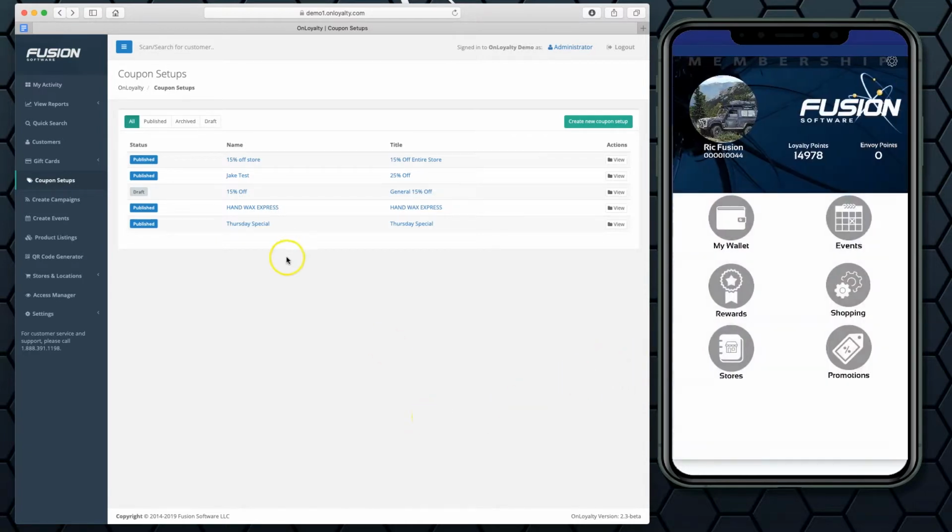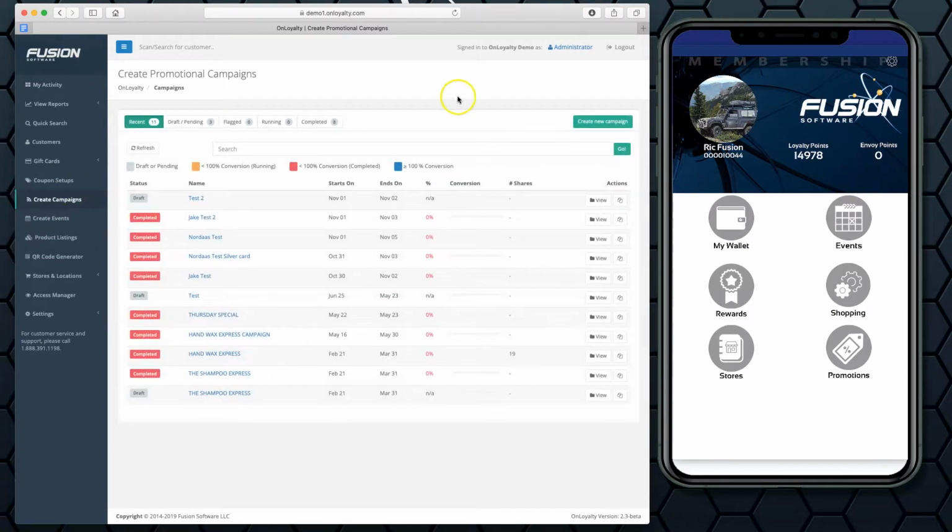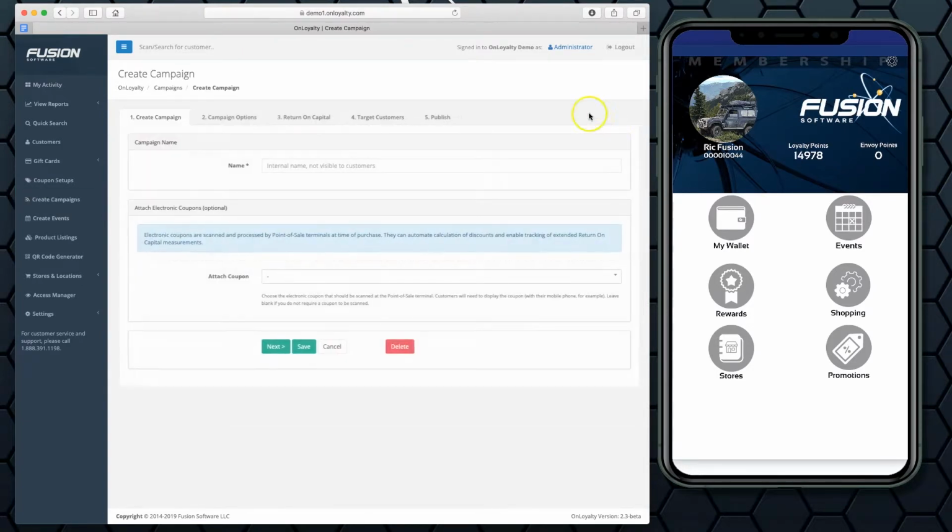Why? Well, this is because I only prepared the coupon. That means that these are all the coupons that can actually be used, but they need to be associated with an actual promotion. So what I'm going to do now is create the campaign. Okay, so I'm going to create a new campaign. Name, again, this is just for internal purposes. I'm going to say